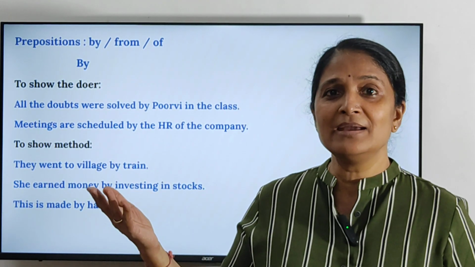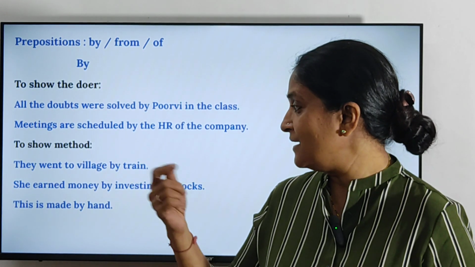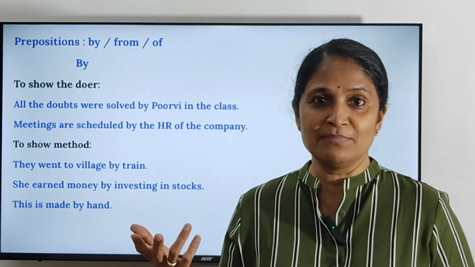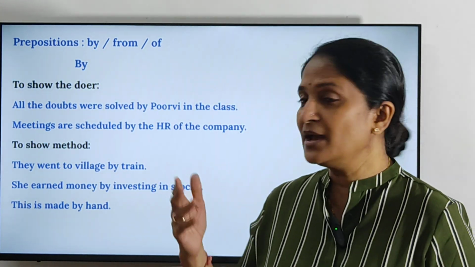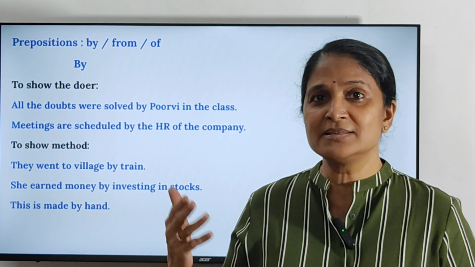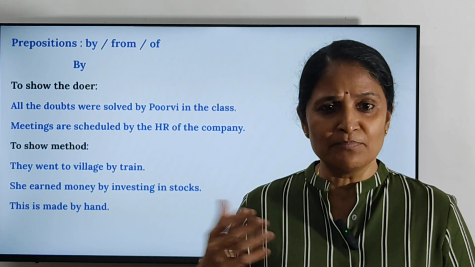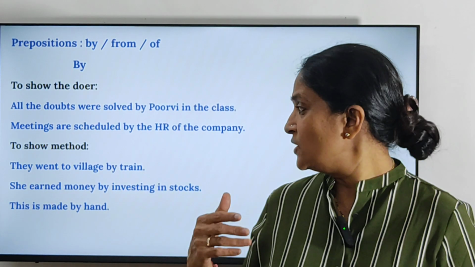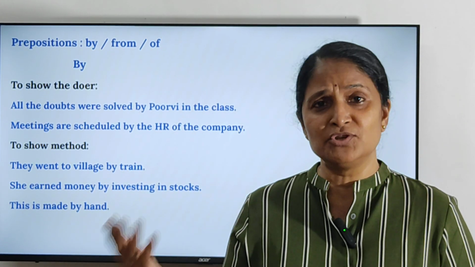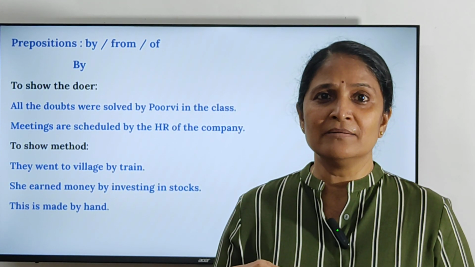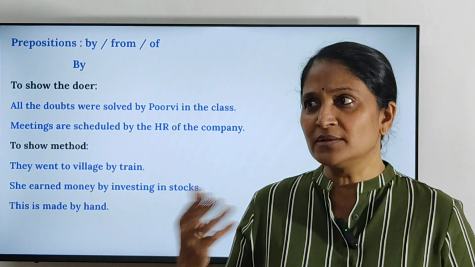This is made by hand. ये कैसे बना है? हाथ से बना है, right? See here it is showing the method of how that thing is done. Hope you are getting it. You can give more examples. You can say that he made payment by check and he got this